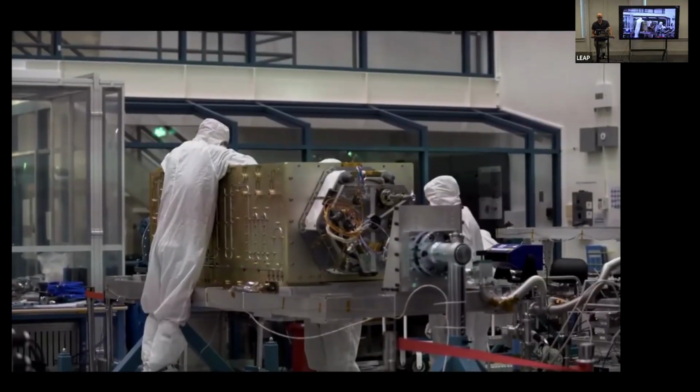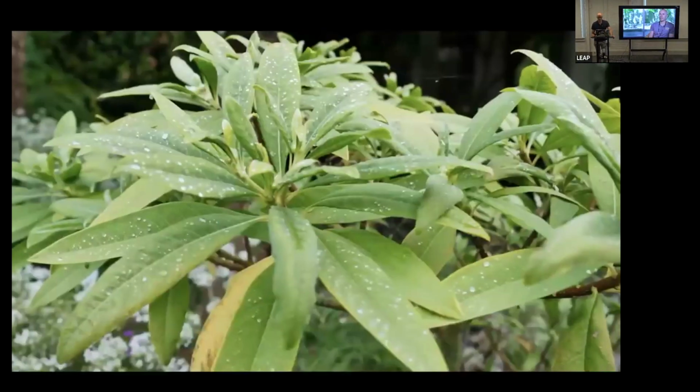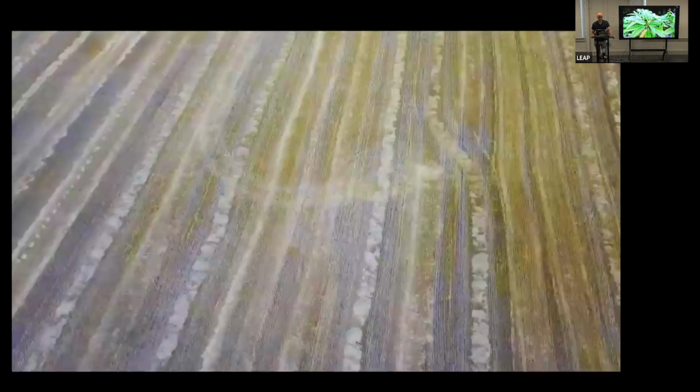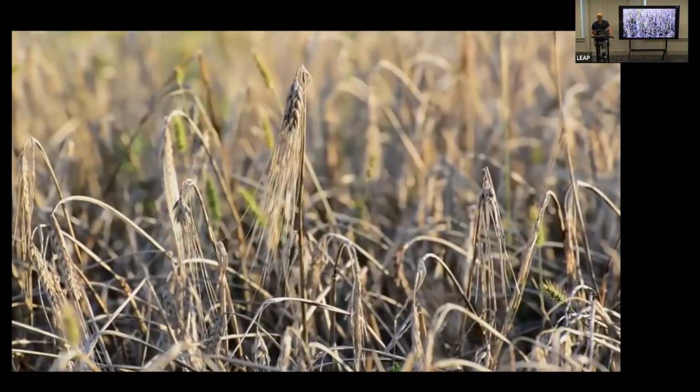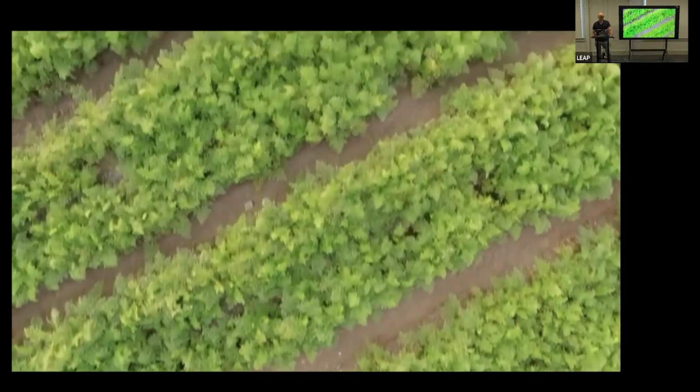ECOSTRESS is an instrument that's going to go on the International Space Station. It stands for the Ecosystem Spaceborne Thermal Radiometer Experiment on Space Station. It focuses on how much water plants use all over the planet and how much water plants need, and if there's stress, water stress or heat stress that plants are facing. We can measure the surface temperature of the Earth within a few tenths of a degree, and then we can use that information to look at objects on the surface of the Earth, and in this particular case we're interested in looking at plants. Plants, as they start to suffer from heat or water stress, they begin to heat up in a similar way to a human with a fever.